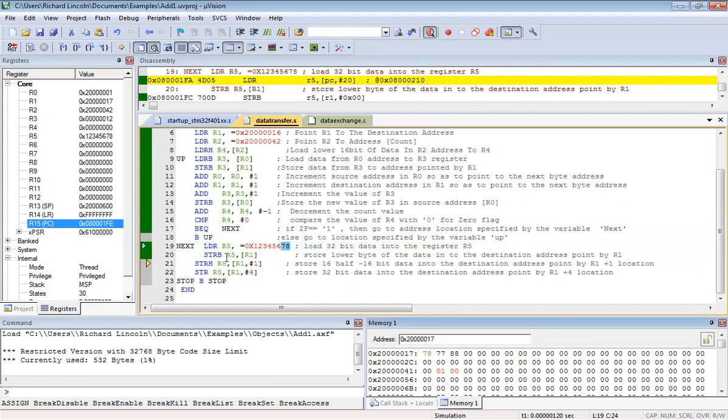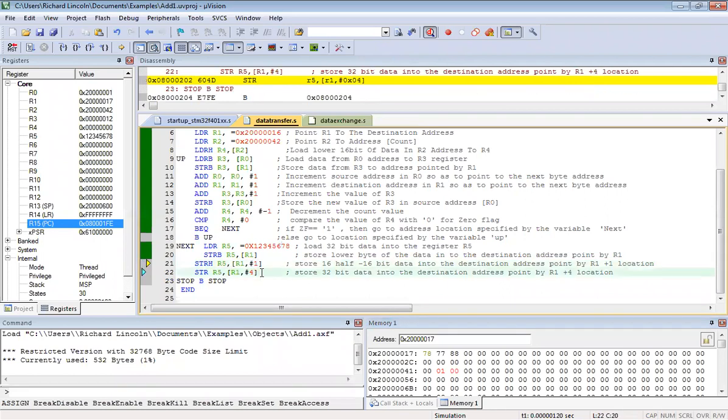Now again, if I use strh, 16 bits are going to be transferred, that is half of the 32. So what I'm doing here is increasing the location of R1, pointing it to R1 comma #1.